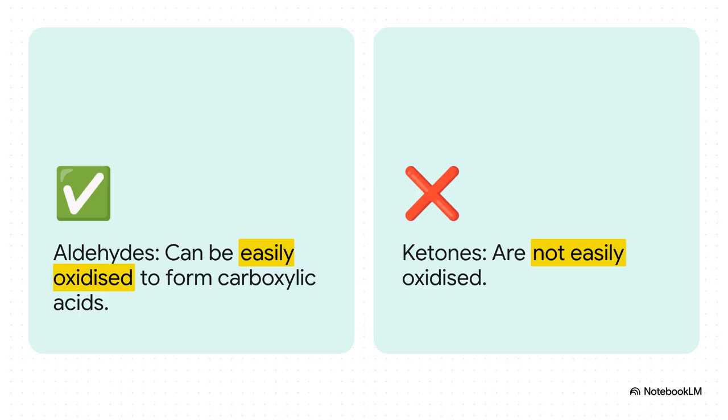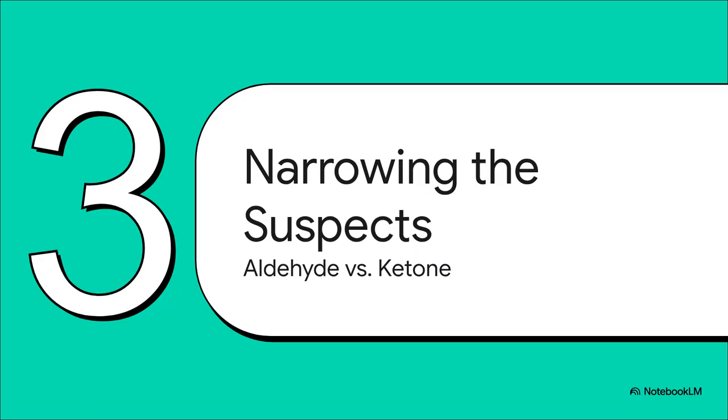Ketones, on the other hand, are much tougher. They resist that kind of change. This chemical vulnerability is the key. All right, we have our 2 prime suspects lined up. So now we need a test that one will pass and the other will fail. We need to exploit that key difference in their reactivity to finally, once and for all, distinguish between an aldehyde